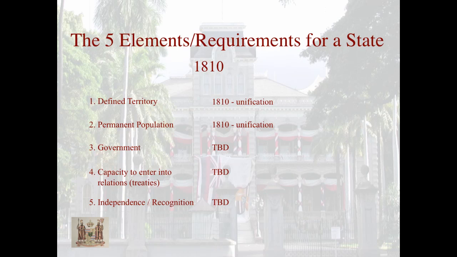And news of this, of course, arrived on Hawaiian shores with the multitude of visitors that came here. So the ali'i were very forward-thinking. They were forward-thinking in trying to protect their islands and their people. And one of the ways to do this was to join the family of nations. Because as we're going to see, when you join the family of nations, you gain equal status or co-equal status. Okay, so defined territory. This is the punch list. This is the list that needed to be done in order to join the family of nations. And our ali'i from Kamehameha onward